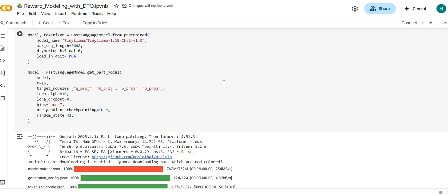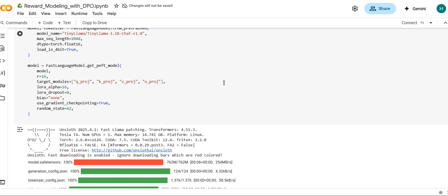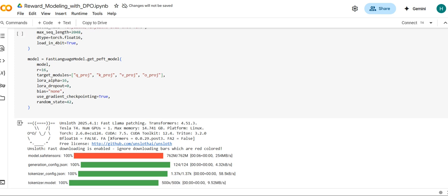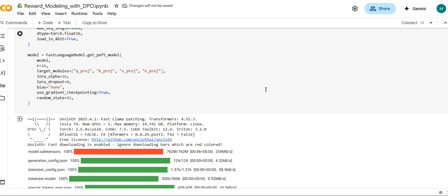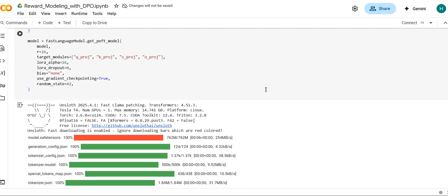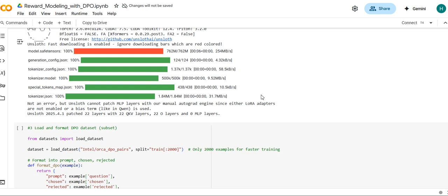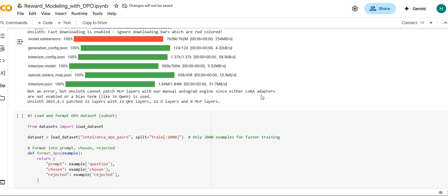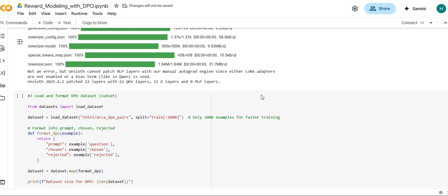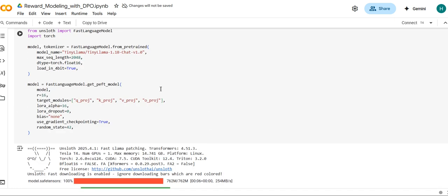So we import Unsloth's FastLanguageModel as well, and this TinyLlama 1.1b is a small yet powerful model fine-tuned for conversational tasks. So we load TinyLlama in 4-bit quantization to make it efficient and Colab friendly, and then we set max sequence length to 2048 tokens,